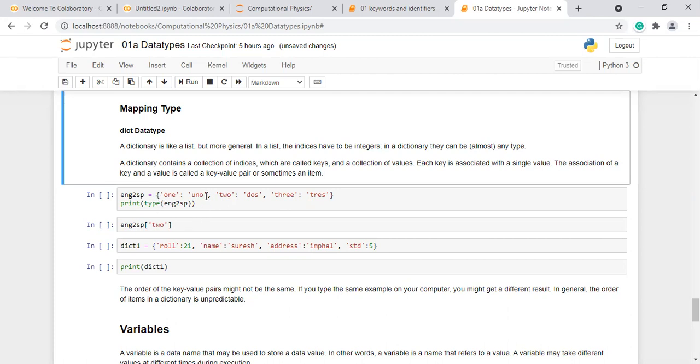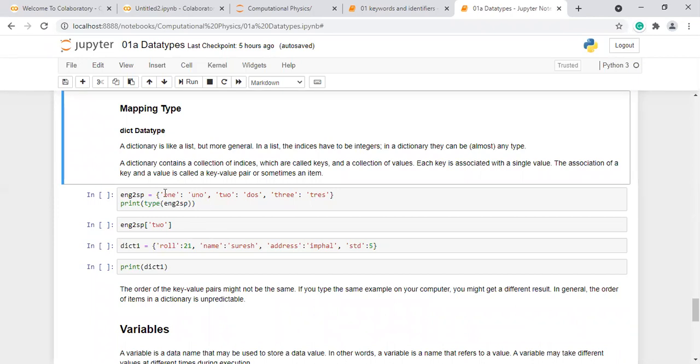So for example, this is a dictionary. Here ONE is within quotes, so this ONE is a string. Then the colon, and after the colon, within quotes, is uno.